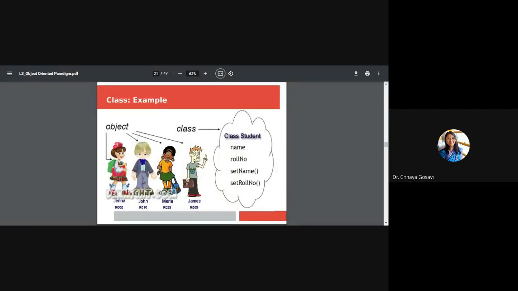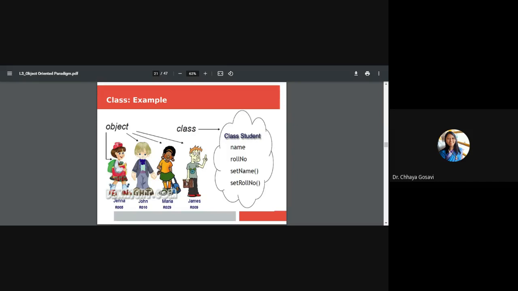Concept of class is clear? Yes, ma'am. Can you give me one example of a class and its object other than what we discussed here? For example, tree.